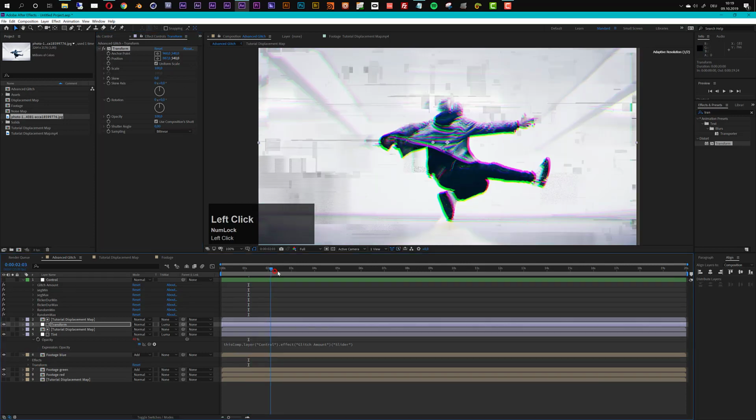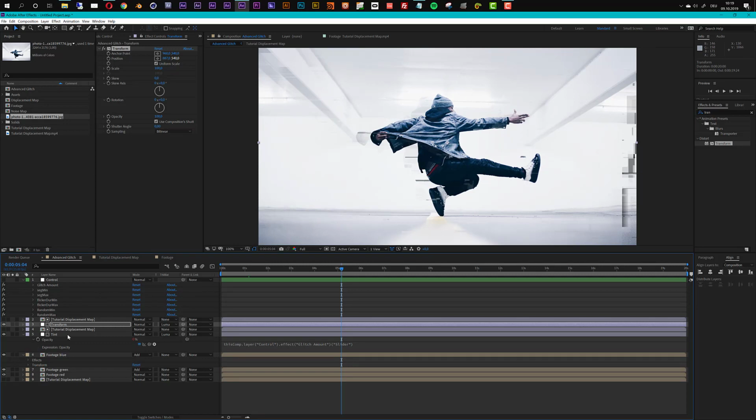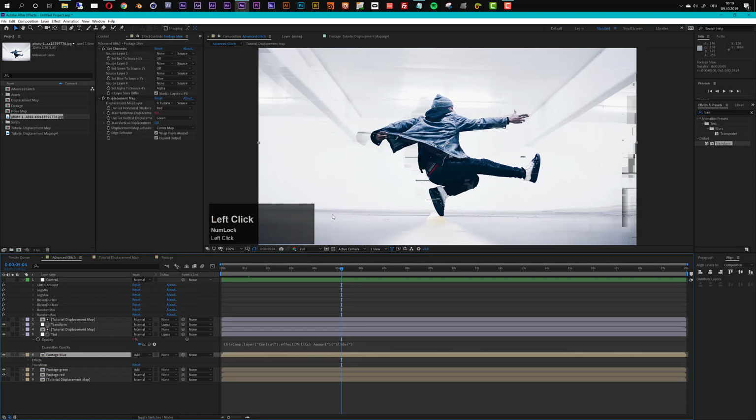And that's actually quite cool. So now it glitches even more. Is even cooler. And if you want to get rid of these areas here that get transparent, this is just because this layer is shifted, we can simply add another effect to our footage comps, and this is called, now